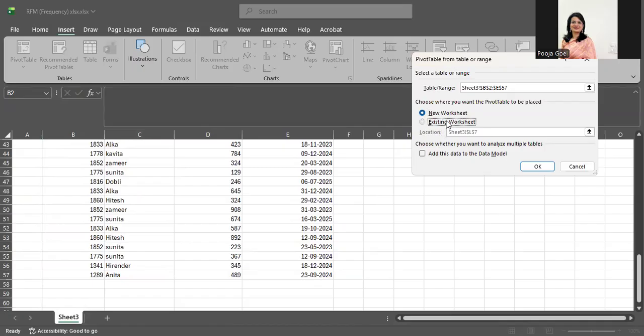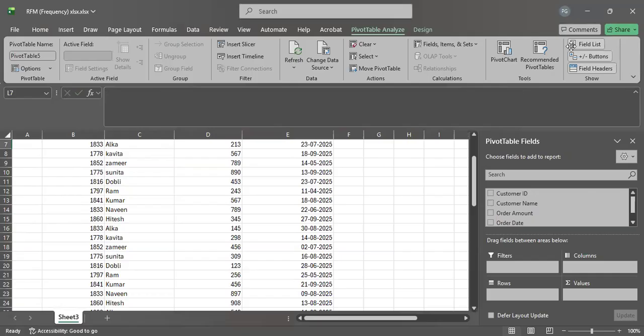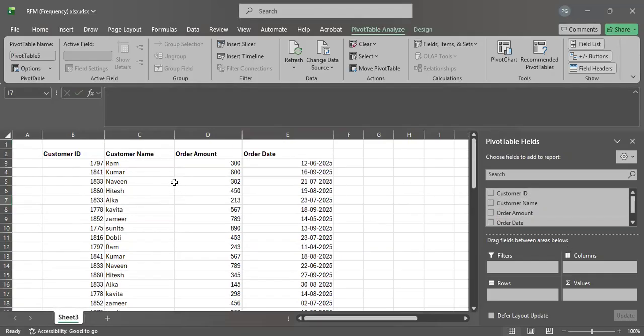For now I'm taking the existing sheet, and I'm putting OK. Now a new field is there. The table has four columns, customer ID, customer name, order amount, and order date, and these are the settings through which we are going to make a table.